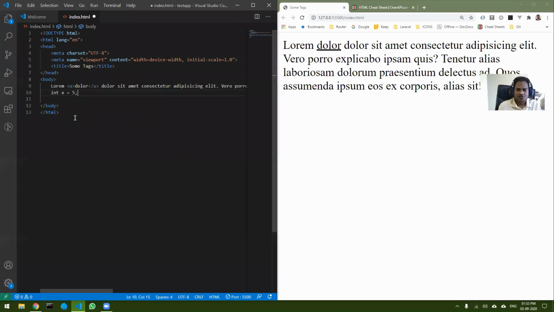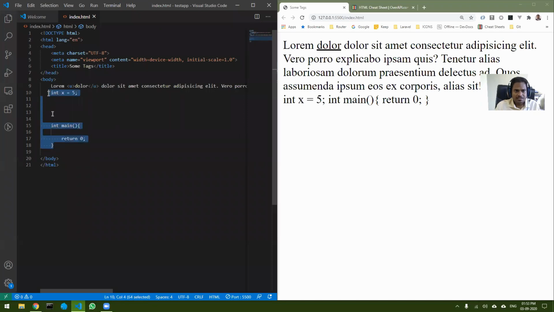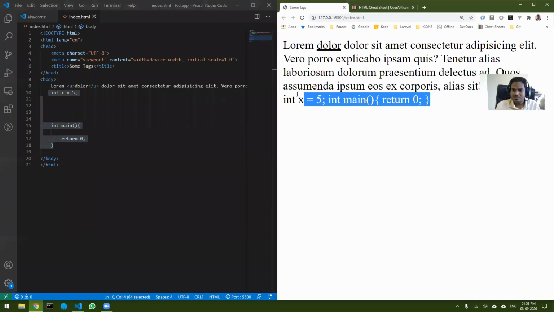So when I do this, when I press enter, and if I come down, I do int main. And then I do return 0. Once I save it, you can see what has happened. Even though I have done this, it still prints everything on a single line. So that is the problem with HTML.